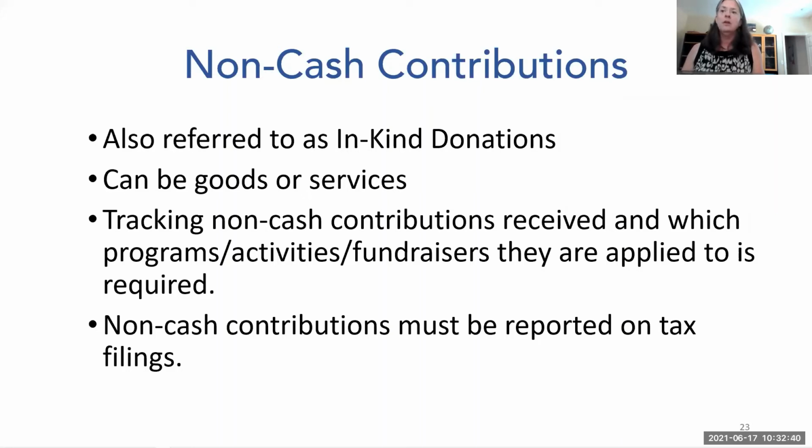So that is really the main reason why, regardless of how much income your PTA has, this reporting to the Attorney General is still going to be required. So it's going to be important to keep track of that. And remember, the IRS requires that a receipt be provided to the donor for all donations of $250 or more, both cash or check and non-cash contributions.